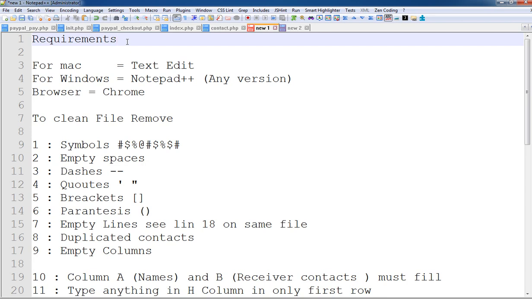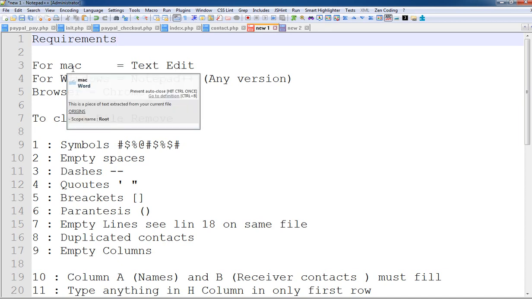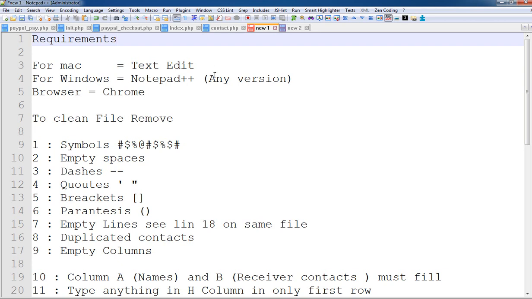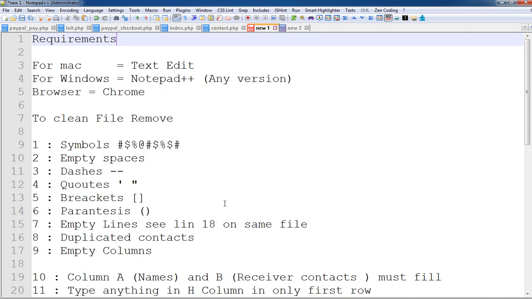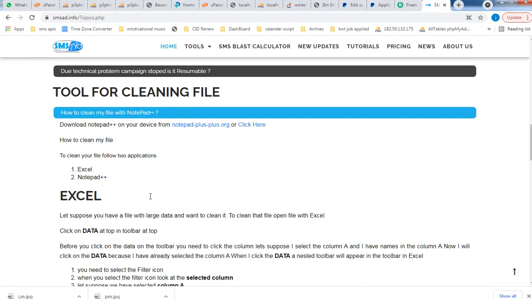To clean your file, there are some requirements you need to follow and some steps. If you are a Mac user, you need to use the TextEdit app. If you are a Windows user, you need to download Notepad++ on your PC. By default, you have only Notepad, but you need to download Notepad++. If you are not sure how to download it, you can go ahead and go